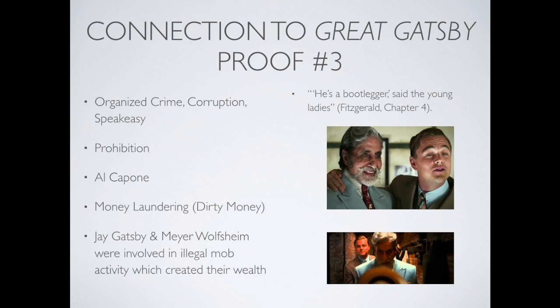Lastly, there was a lot of dirty money being circulated in this time. The Prohibition period created organized crime and bootlegging as a means of getting rich. Suspicious individuals made their money off of manufacturing and distributing alcohol, not to mention the use of legitimate businesses like laundromats in efforts to launder money. This technique originated from Al Capone. Many people were under the impression that Meyer Wolfsheim and Gatsby were involved in this activity.